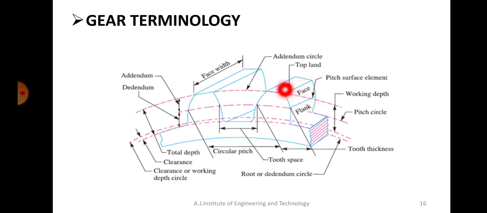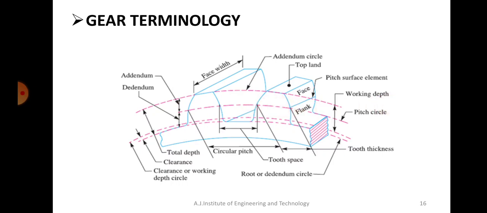And on the side of the teeth, till the pitch circle here, half of the profile of the teeth till here, that is called face, and the bottom portion of that is called flank. Okay, and then there is tooth thickness. I think you can understand, that is the thickness from one end to the other end of the teeth. This distance is called tooth thickness, and from the front end to the rear end is called the width of the teeth. This is face width and this is tooth thickness.